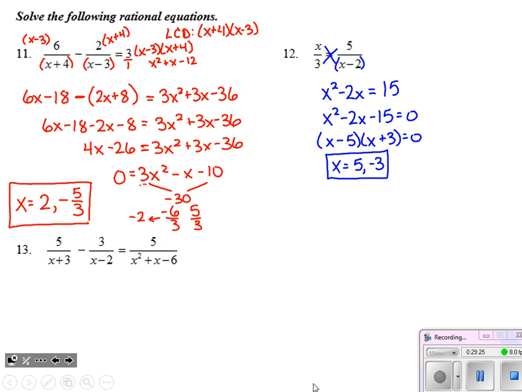And lastly, number 13. Okay, I do see something factorable. I want to attack that right away. It's just a magic numbers situation there to factor that trinomial. And hey, look at this. I have very few adjustments to make on the left-hand side. My least common denominator is going to be x plus 3 times x minus 2. So let's make those adjustments. Multiply in an x minus 2, multiply in an x plus 3. And then on the right-hand side, it's already got the common denominator. No adjustments necessary.